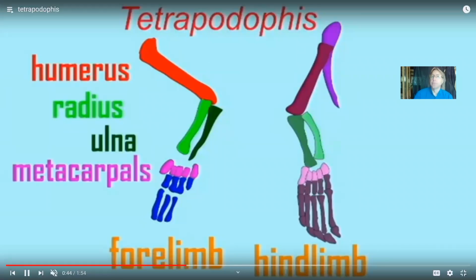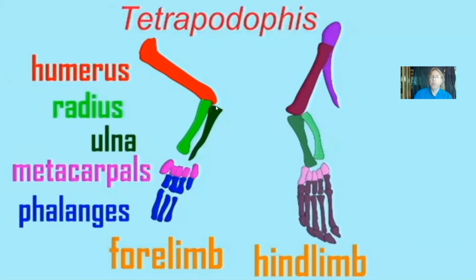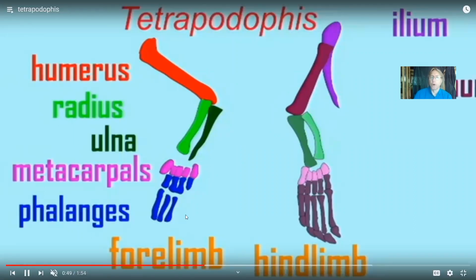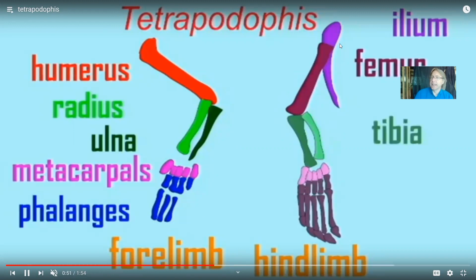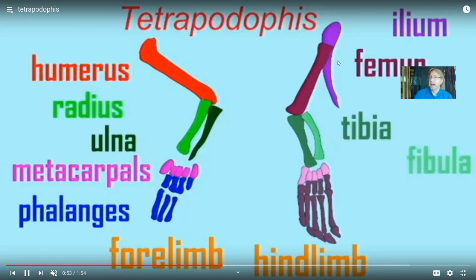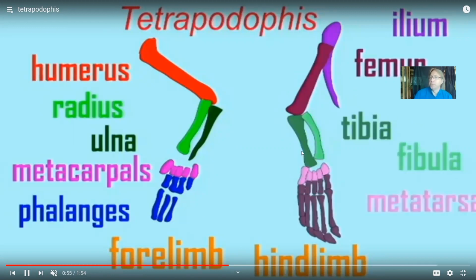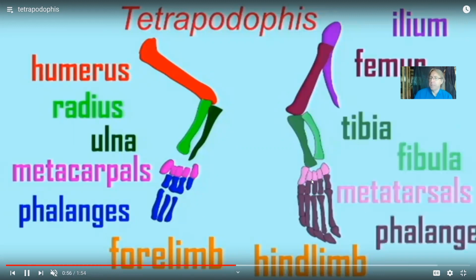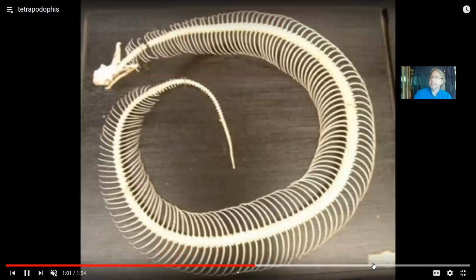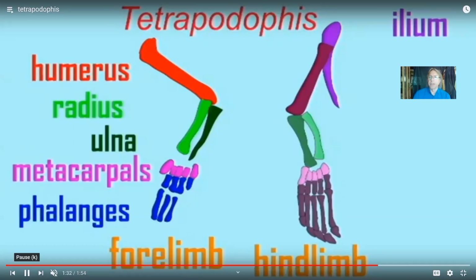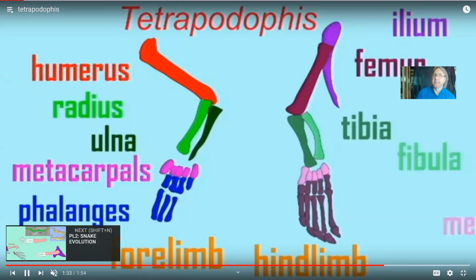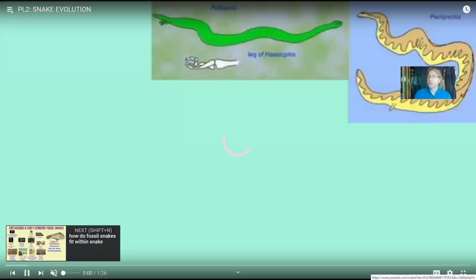Tetrapodophis had a humerus, a radius, an ulna, metacarpals, phalanges, and for its leg, it had a hip, at least an ilium, a femur, tibia, fibula, metatarsals, and phalanges. So Tetrapodophis is the only snake which had both arms and legs in the fossil record. There are a number of snakes which lacked arms, but which did have legs, such as Pachyrhachis,